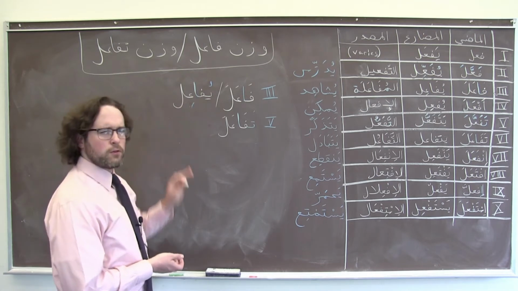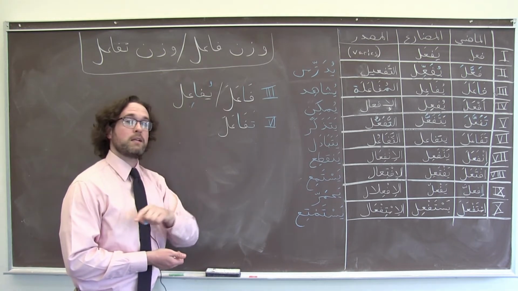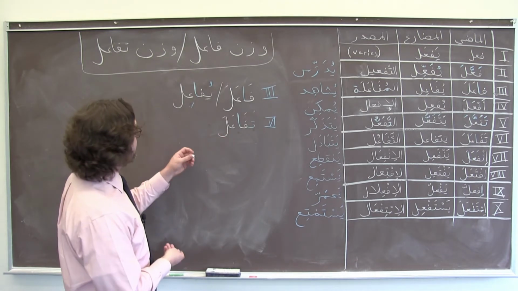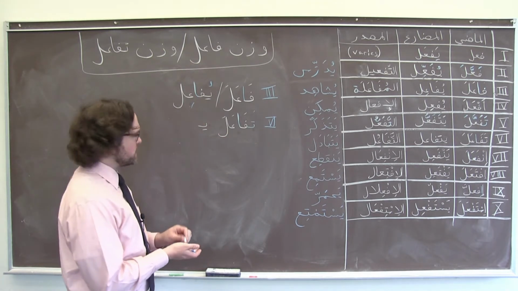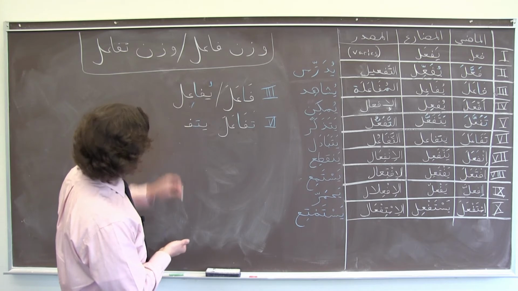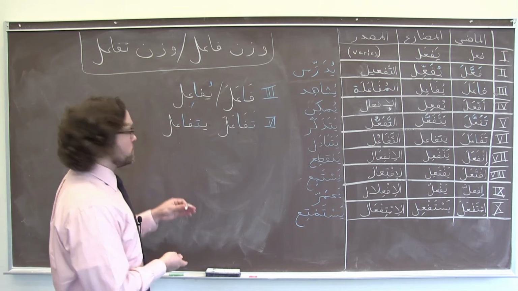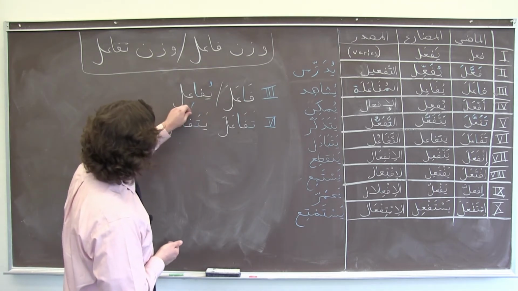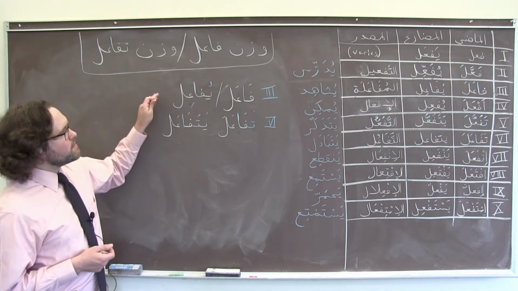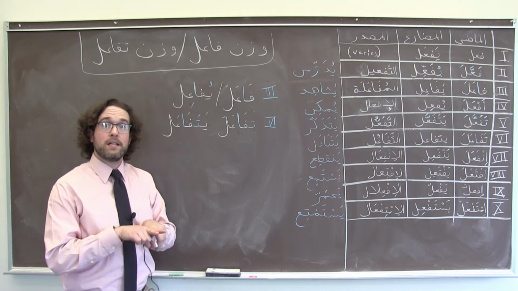and in the present tense, unlike form 3, form 6, not form 5, my classical education is limited. In the present tense, we're going to retain that ta and that alif. So I've got my conjugation suffix here, ta as part of the form, and I keep that alif. So conjugated for huwa, yatafa'al. We're talking about these forms together in this video because they are in some cases kind of interrelated and we have parallel forms. We're going to see that in just a minute.